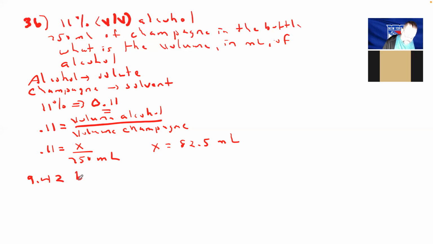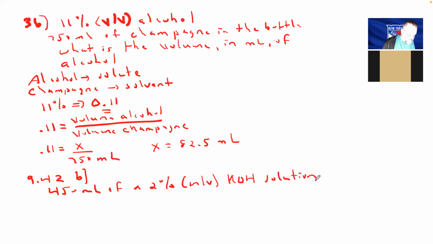Let's do B. So let's do 450 milliliters of a 2% mass by volume KOH solution. All right. And basically they want to know here, we'd want to know the number of grams